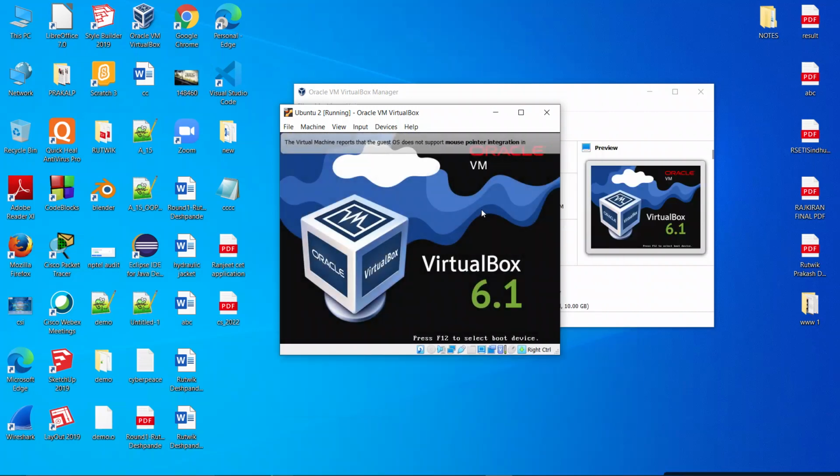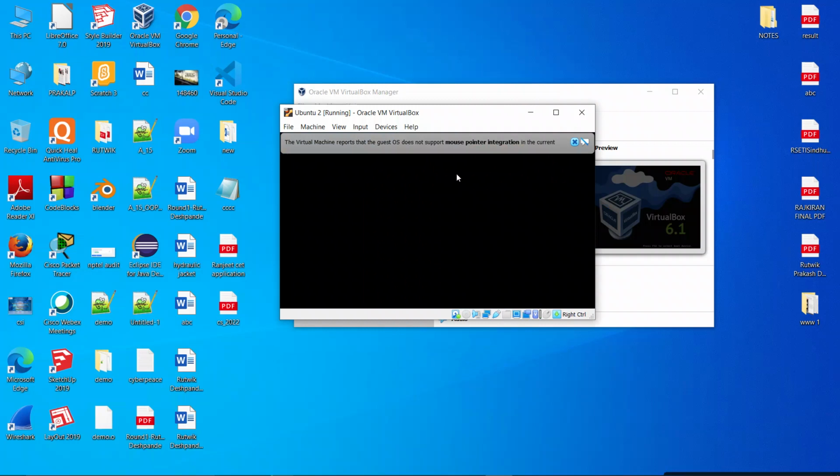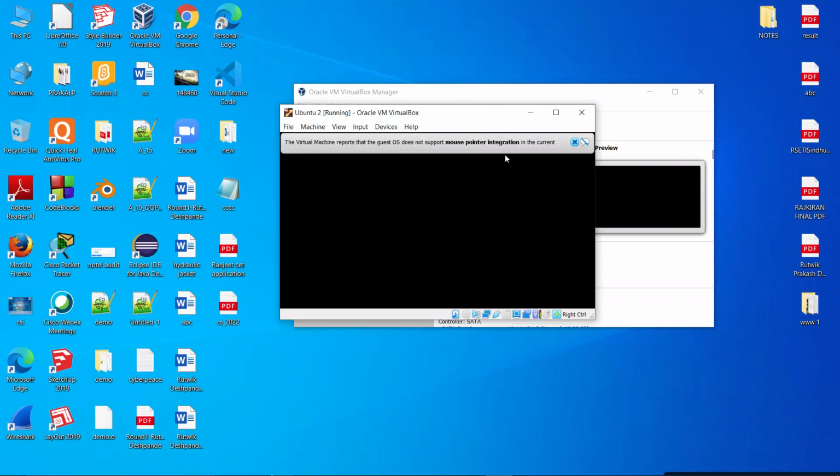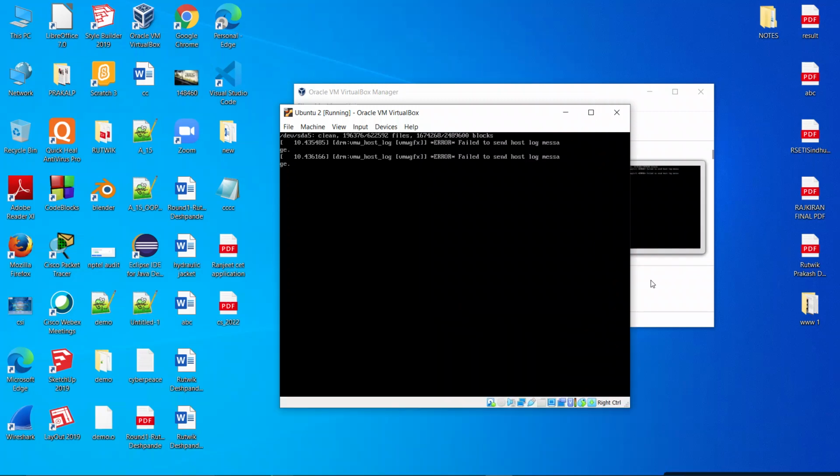By pressing enter, you can see it has started restarting our virtual box. Just ignore the warnings shown at the top. It's just saying that our mouse pointer and keyboard will be accessed by the virtual box. We have already allowed the permission by making it bidirectional. So just ignore that, and the restarting process will start again.